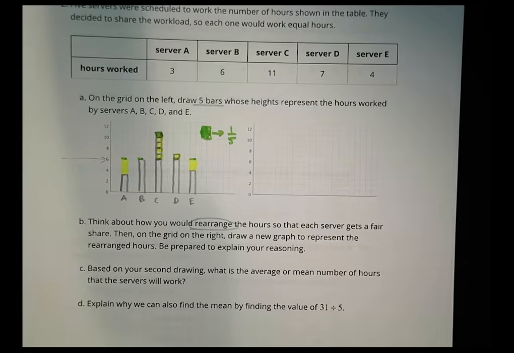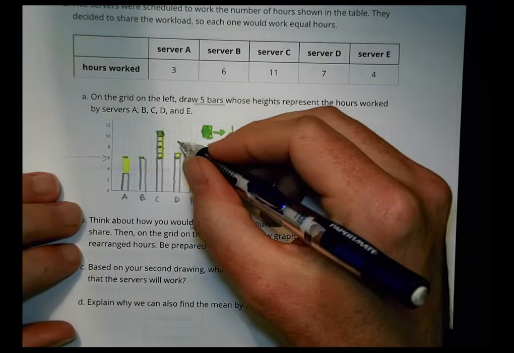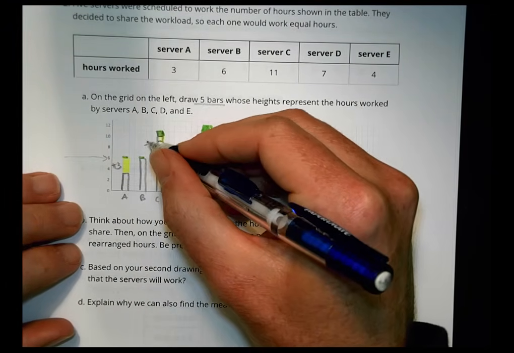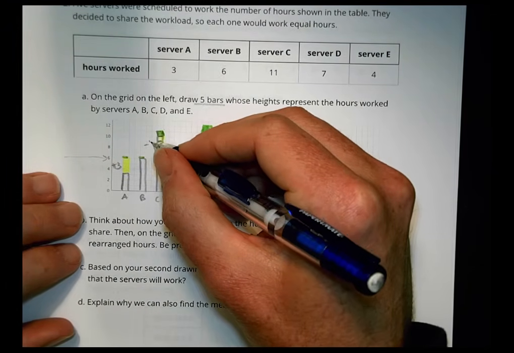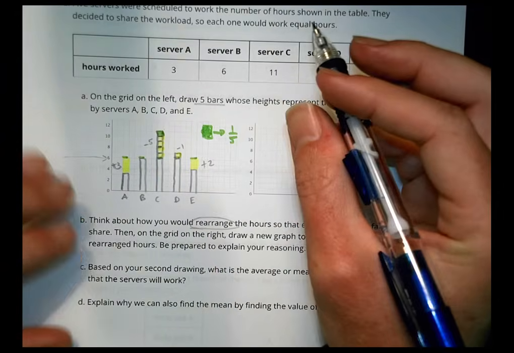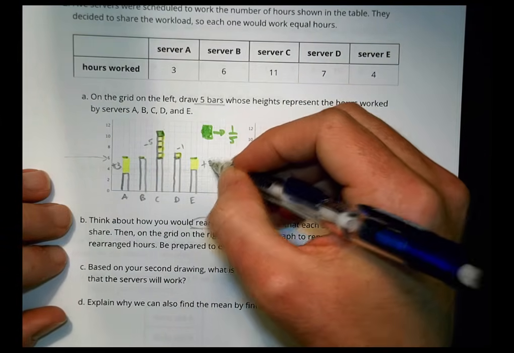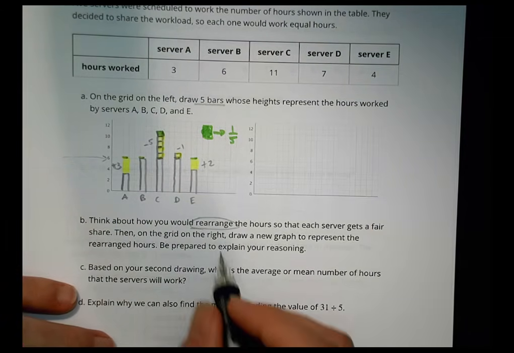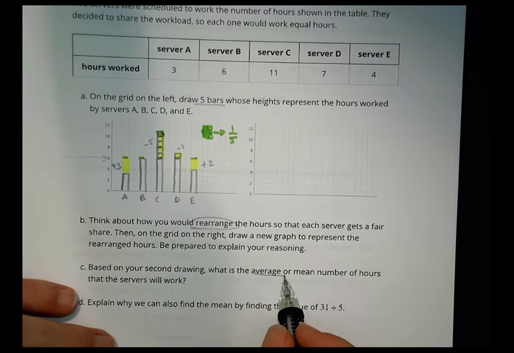Does that make sense? So we took the yellow and we added 2. We added 2 to this one. We added 3 to this one. I actually took away 5 from this one, and I took away 1 from this one. Now I didn't just add 2, I added 2 1/5 to make it even, but that's kind of the idea. So based on your second drawing, which I just drew on top, what's the average or mean number of